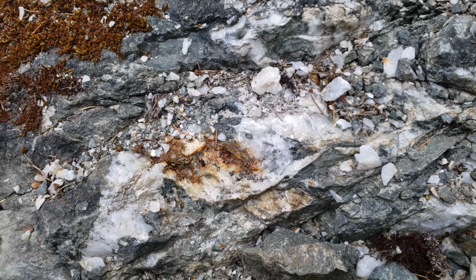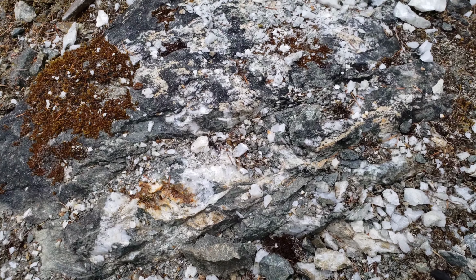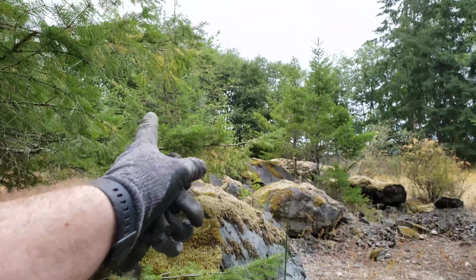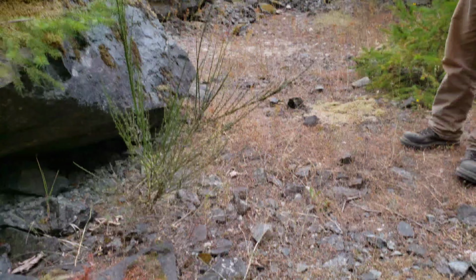More mineralization there. So who knows how long this goes. It's gonna go that way. We'll have to expose it one day, but